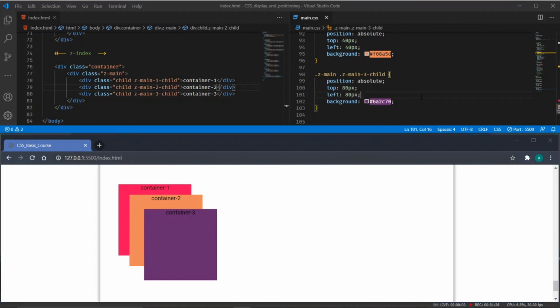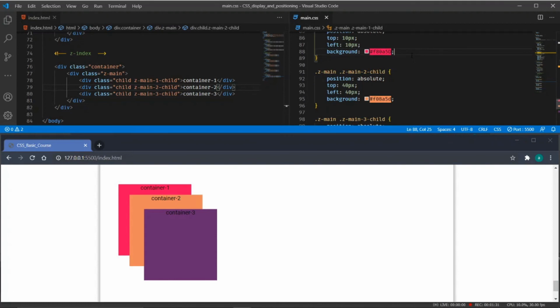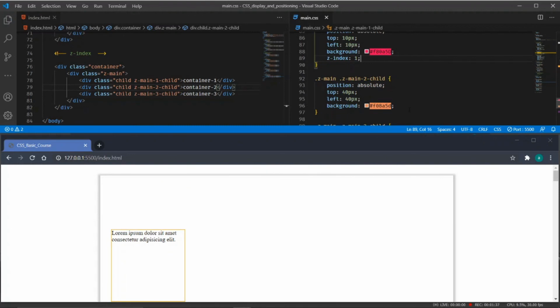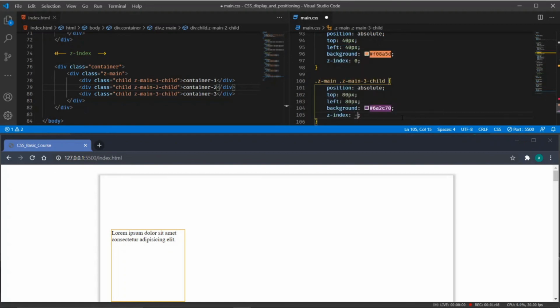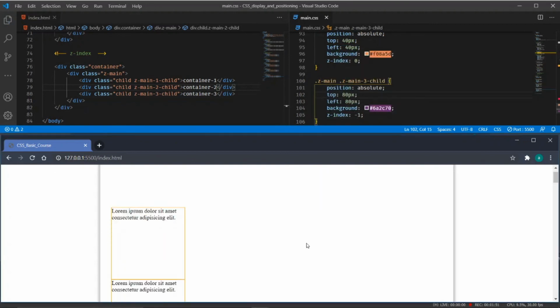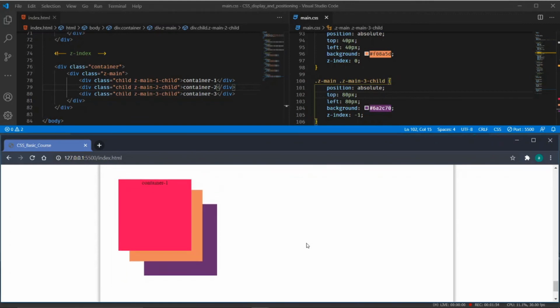So what I will do is that we can do it using the z-index. I will add the z-index of 1, then I will give the middle one the z-index of 0, and I will give the third a z-index of -1. So it will be in the lowest stack. Yeah, so as you can see right now, container 1 is coming upward, which was not there previously, and the last one has gone to the lowest stack. So using the z-index we can change the stacking order of the containers or the elements.